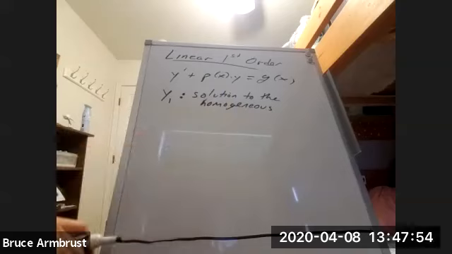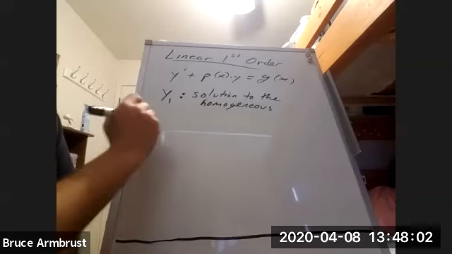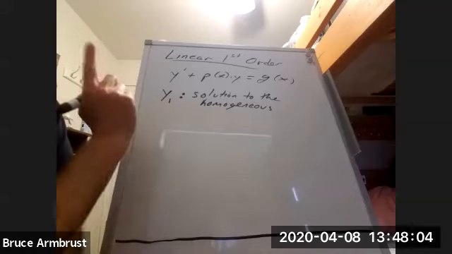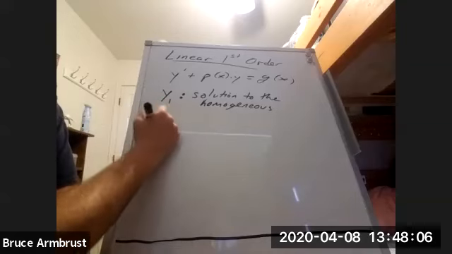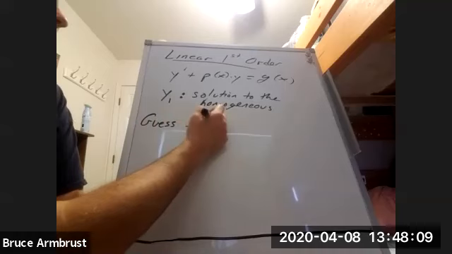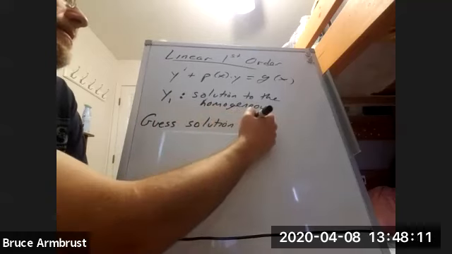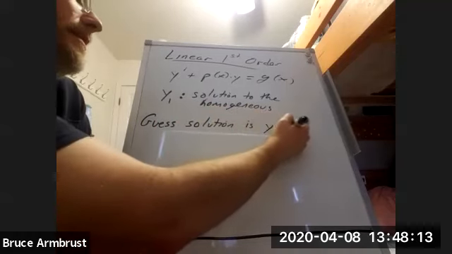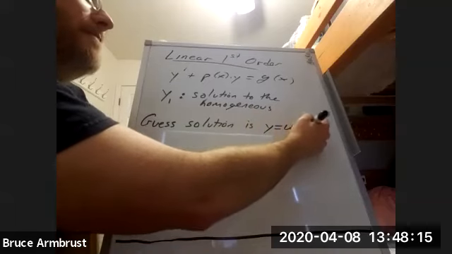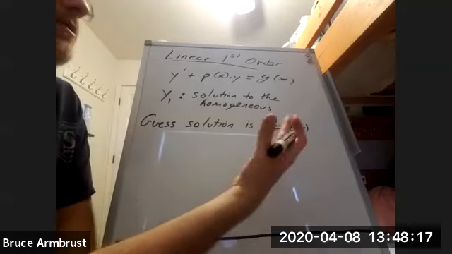We know we can find it. So let's just say, okay, y1 is this guy. Now, what we're going to do is we're going to make a guess. And we're going to guess that the solution is this form. It's going to be some function u, I don't know what it is,